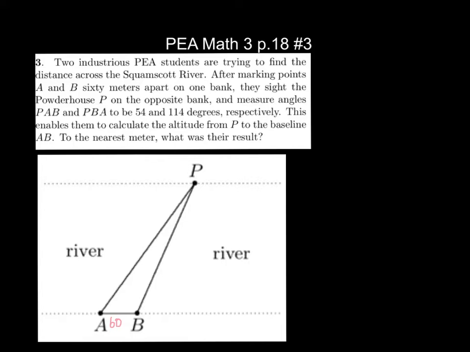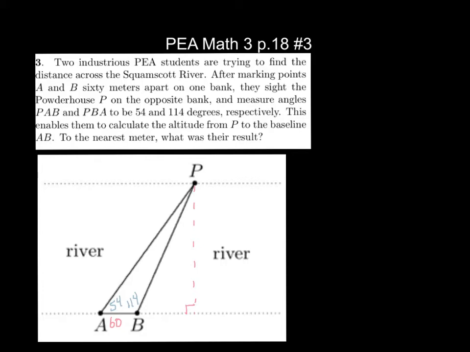to be 54 and 114 respectively. This enables them to calculate the altitude from P to the baseline AB. So we're looking for this altitude